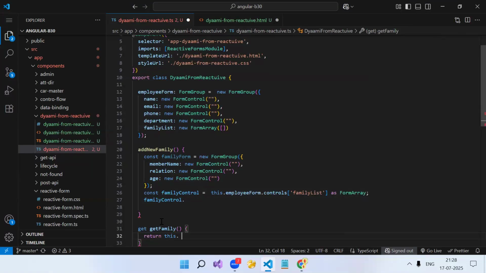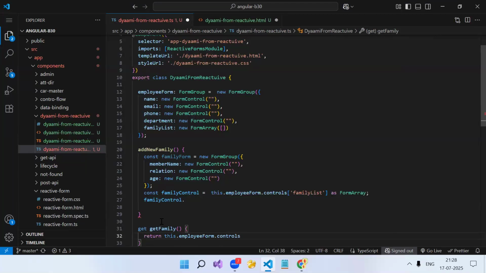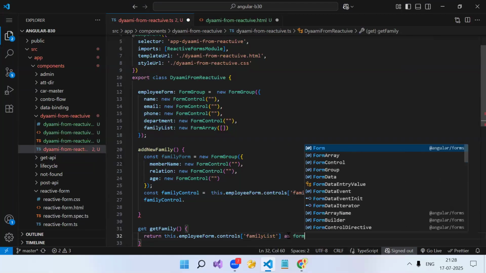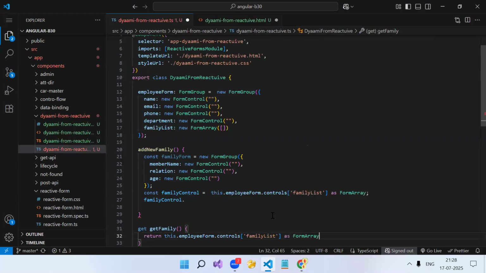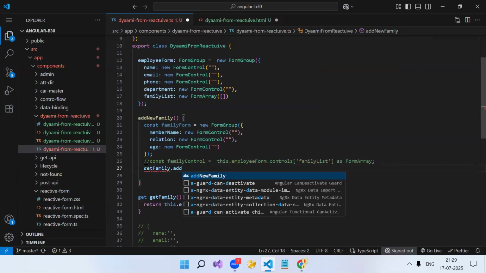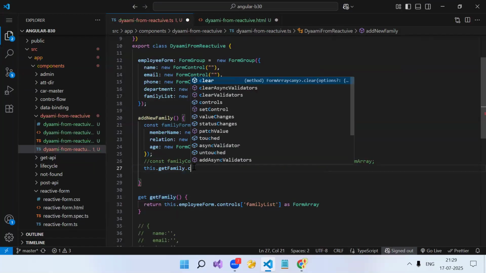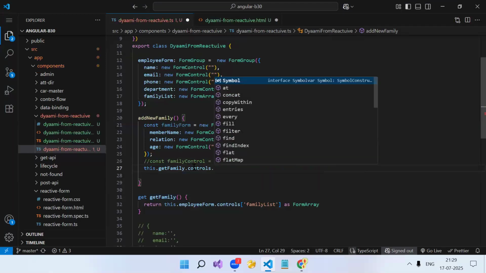Return this dot employee form dot controls, square bracket, single quote, our control name, that is family name, as form array. Okay. Now get family dot add. This dot get family dot controls.